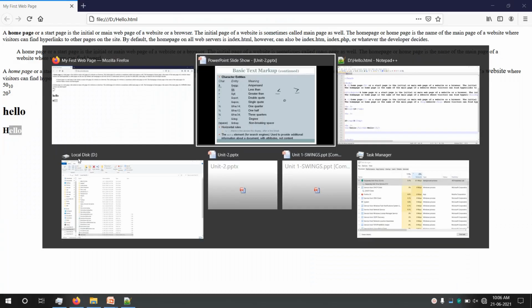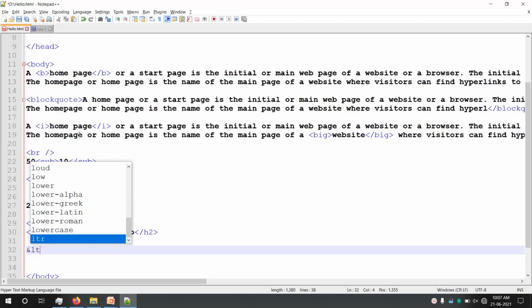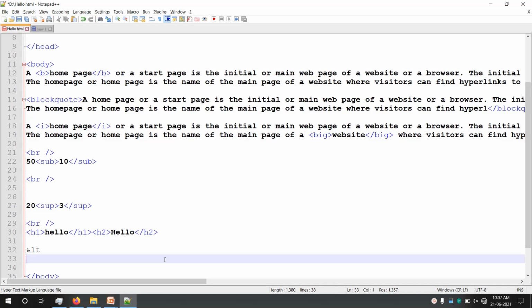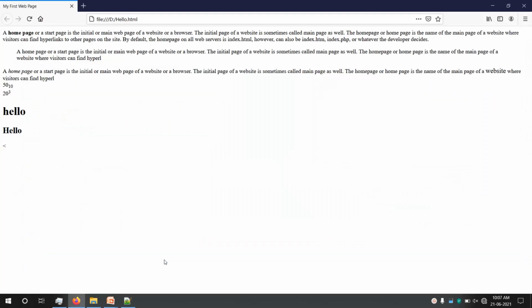Say I want to print this symbol, that is less than. For that, I can use ampersand LT. Now when you use ampersand LT, just look at the output.